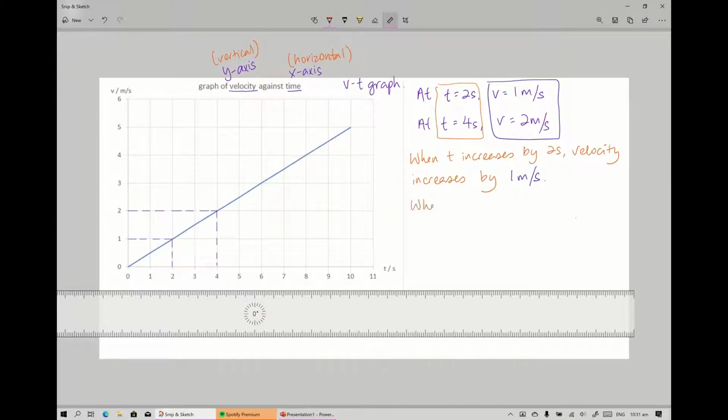Therefore, when time increases by 1 second, velocity increases by,